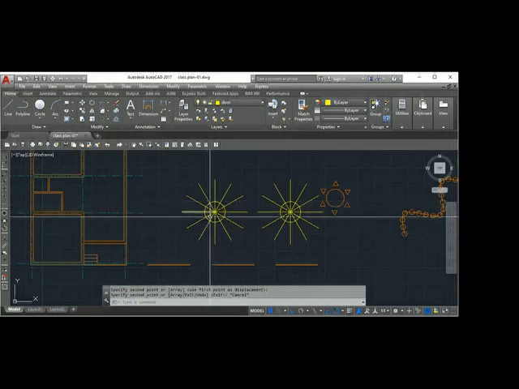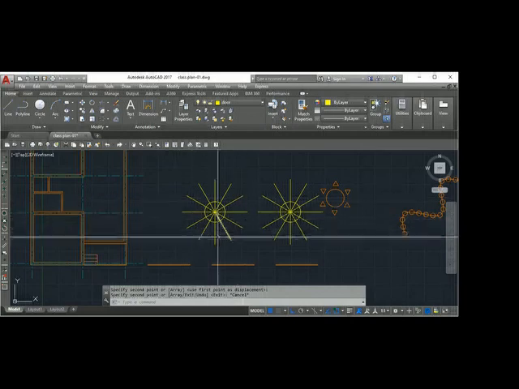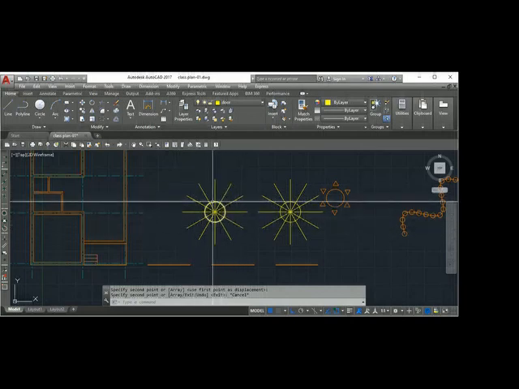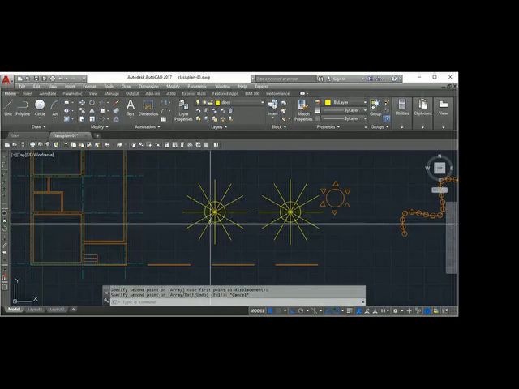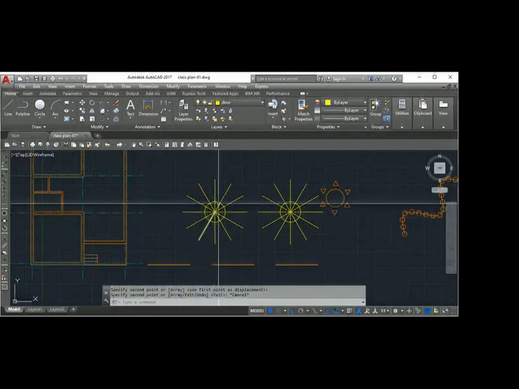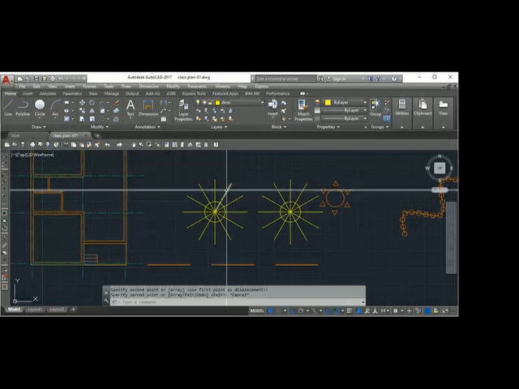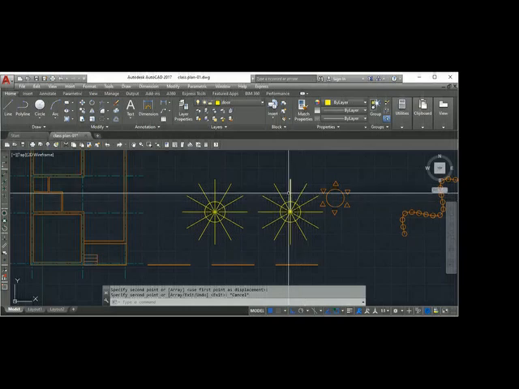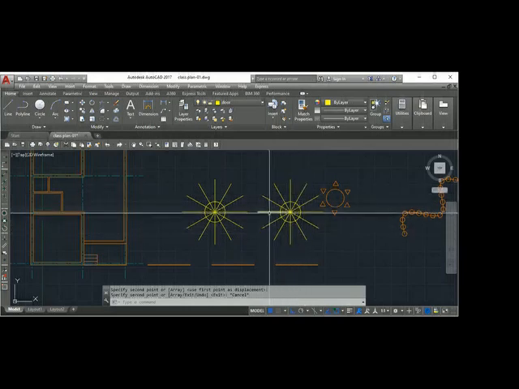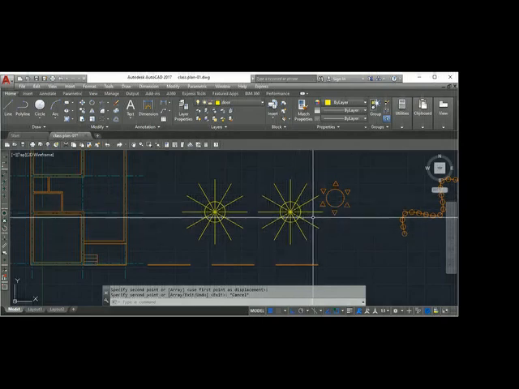When you create a circle and create a line, the computer keeps in memory all the details about these objects. What is the radius of the circle? What is the perimeter of the circle? What is the area of the circle? About this line, where the line starts, where the line ends, what is the length, which layer it is. So all the details he has to keep. So when you copy that object, he has to keep again the details of all the objects. In olden days, the computer memory would have a big problem, but now you don't find the difference.